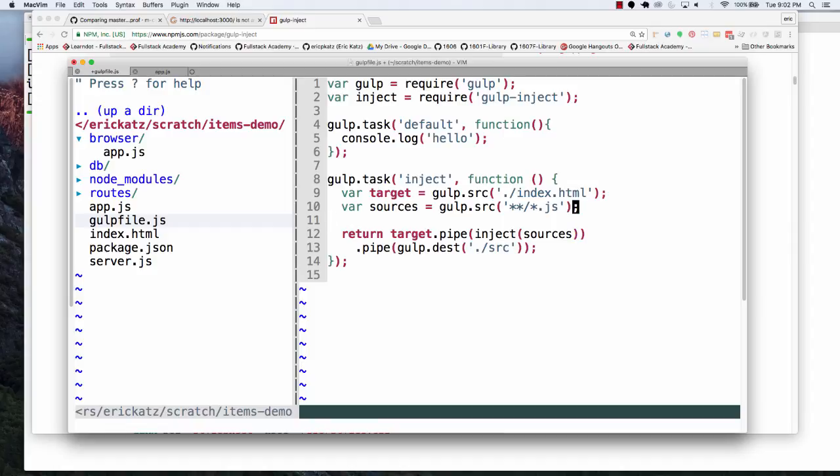And so what it's going to do is look for files in this directory, and that's actually not the right directory. Mine's going to be in browser, right? So inside of browser, I've got JavaScript files, and I'm going to put a destination right back here. Basically, it's going to read the index file, find the JavaScript files,